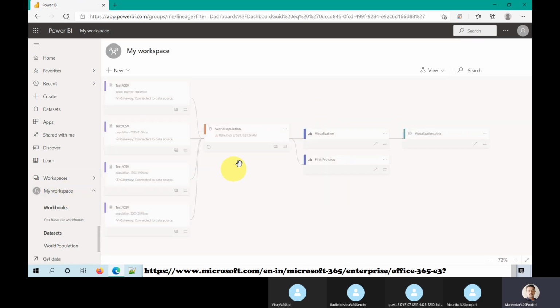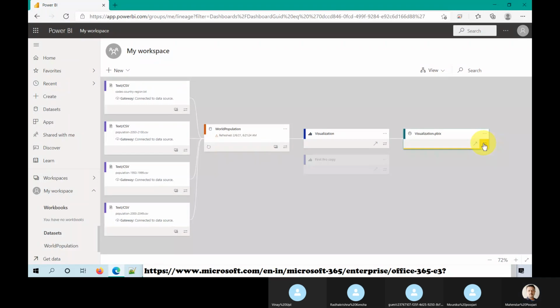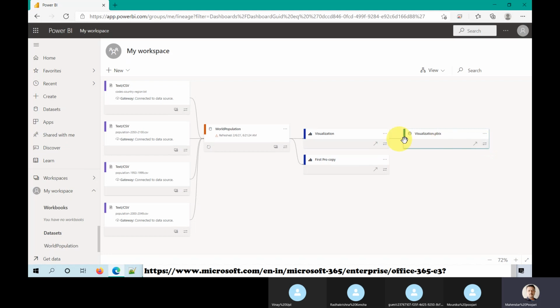Now where are we? In the lineage view. This gives a clear understanding. Let's say you have only one, but if you have other reports you can see everything. If there are any issues, you can come to lineage and see what exactly the problem is. Now, what is this? Show lineage. This is highlighted. If you see multiple dashboards, you will understand its importance. It is just like a focus light. It shows how the flow is coming for this visualization, this dashboard.